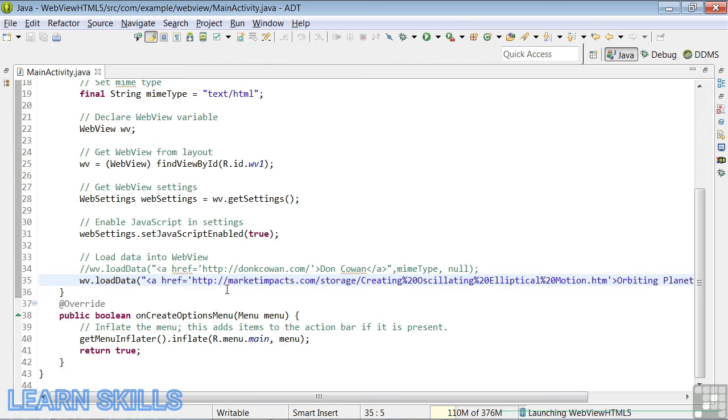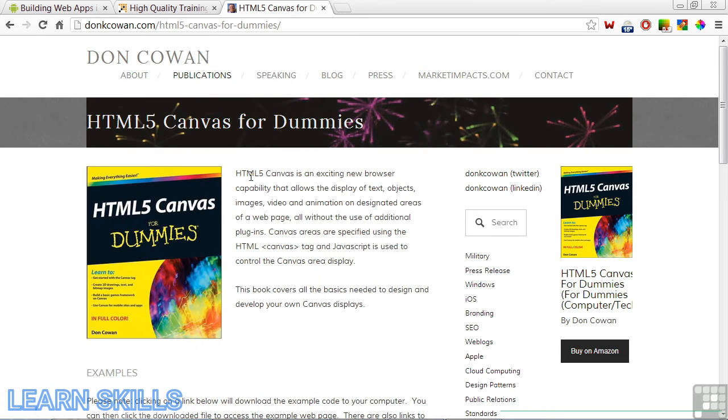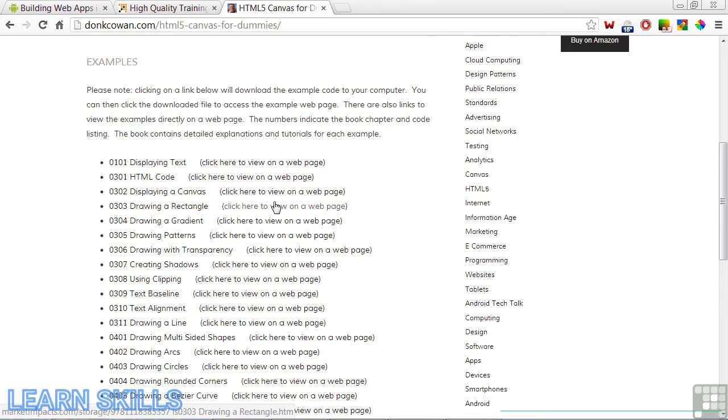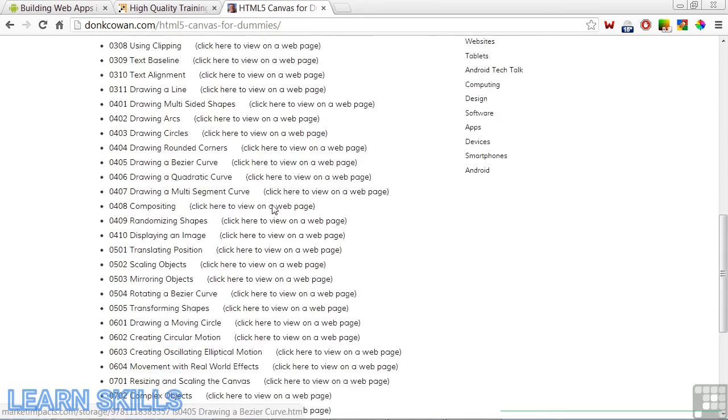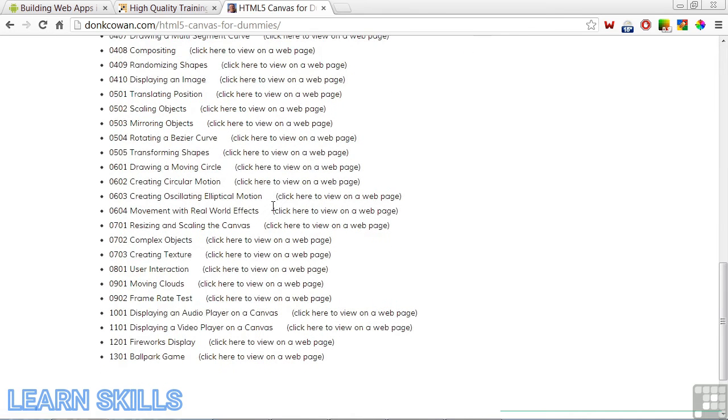Now let's take a look at the JavaScript and HTML code that generated the animation. There's a link to this demo and code on my website, donkcowan.com, and the home page is shown here. To get to the code, under Publications, click on HTML5 Canvas for Dummies. When I wrote this book, I included links to all the sample code on this web page. And there are some 40 examples, and you can explore these samples to see more of what's possible with HTML5 Canvas. For example, if we click on the fireworks display,